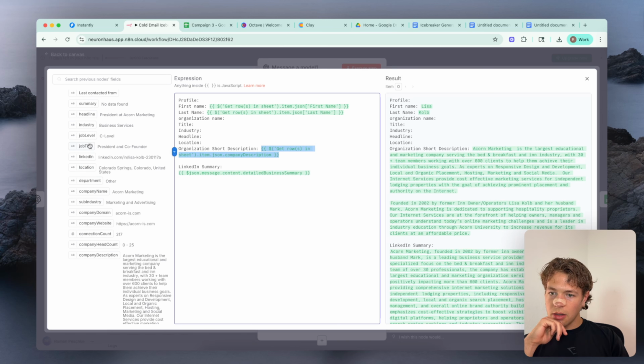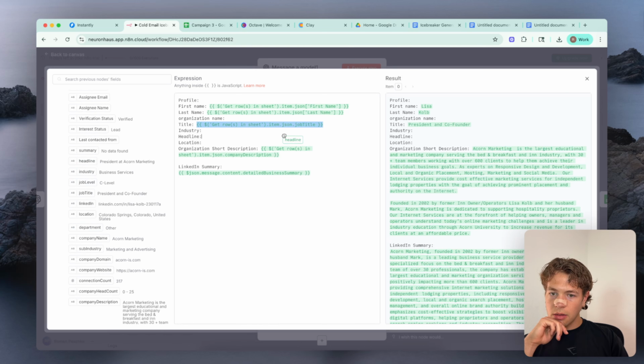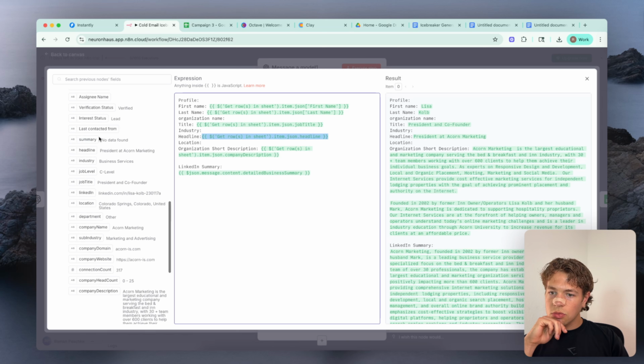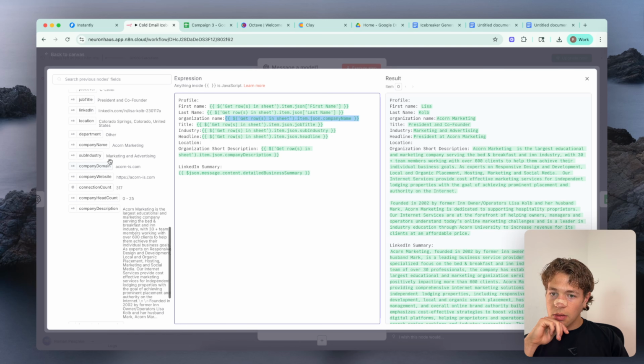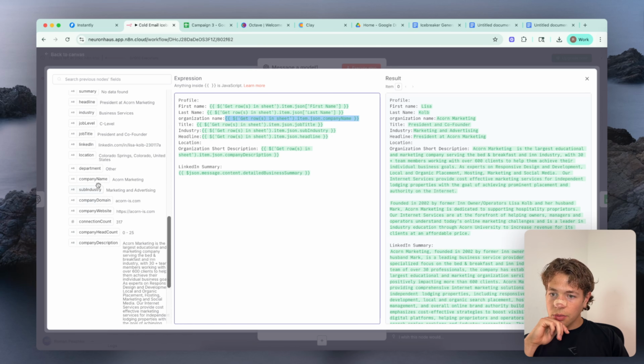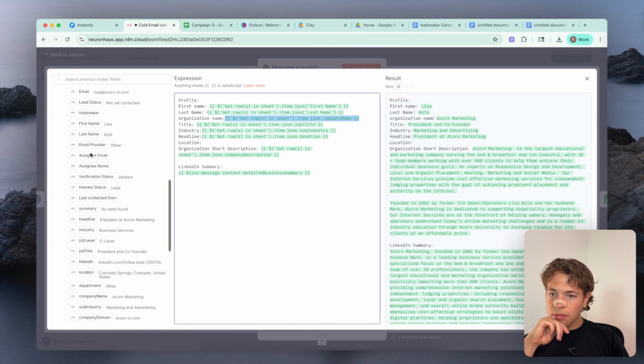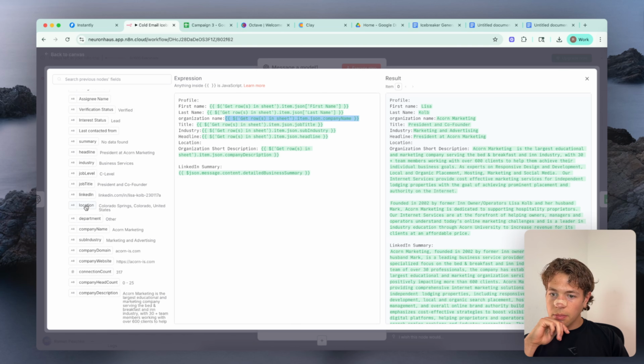Let's go job title, headline. Industry, no. Go, org name. A location. There you go.